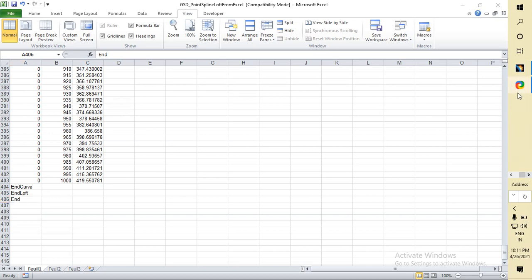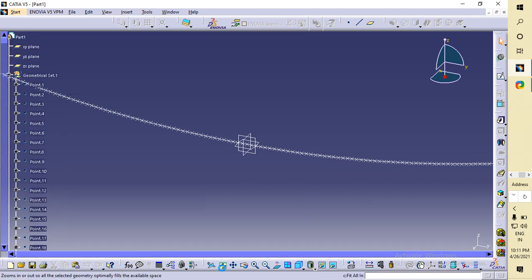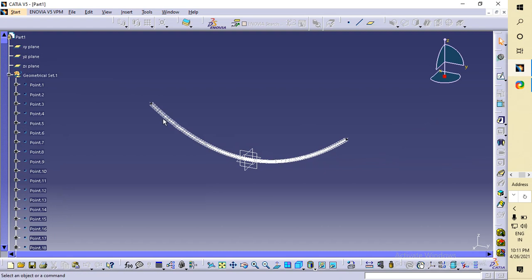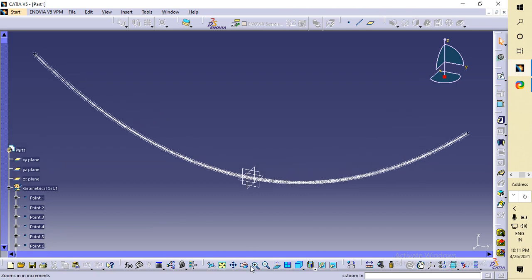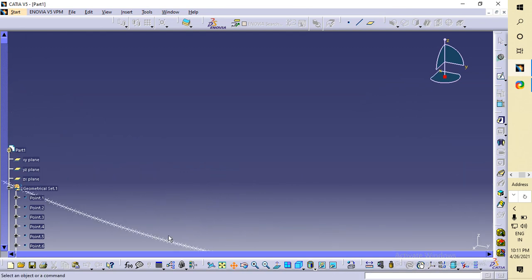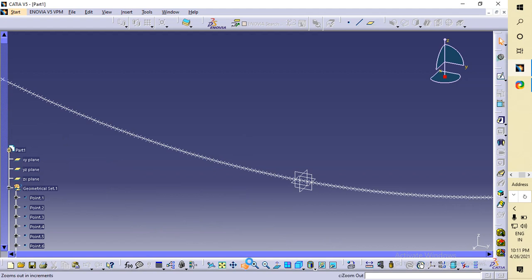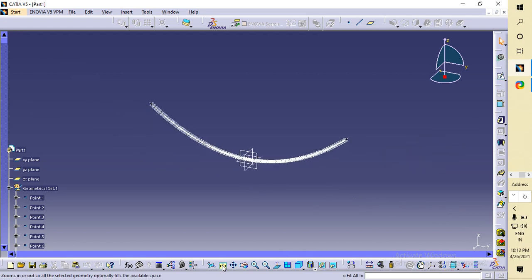So now let's move to our view. This is our zoom to fit. This is my parabola. It has 400 points from minus 1000 to plus 1000. After zooming you can see each point, and I'm selecting this command. These are the points, each of the 400 points. I made this parabola. So I again go to zoom to fit. For this video, that's all, friends.